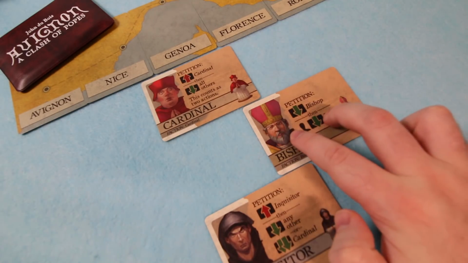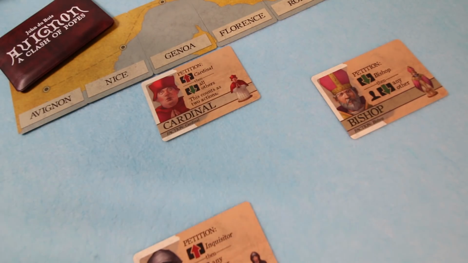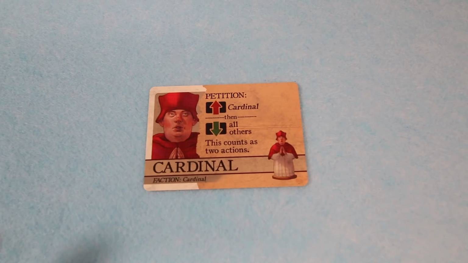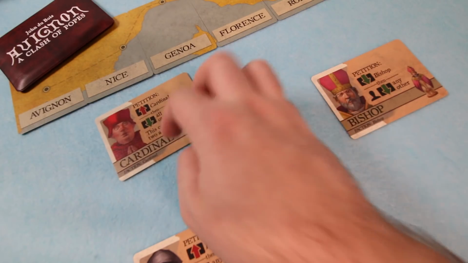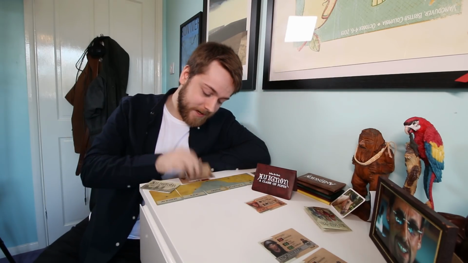On your turn, you can pull a card towards you, push a card away from you, or petition a card using its unique ability. The Cardinal, for example, lets you pull everything towards you, but it costs 2 actions. If you ever manage the Herculean feat of dragging a card over to your side, then they become part of your congregation, and 3 of those cards in your little court wins you the game,